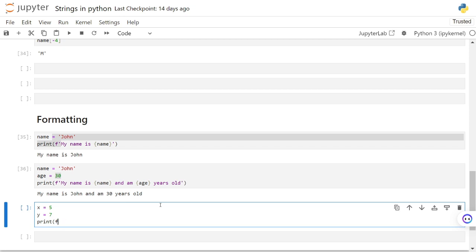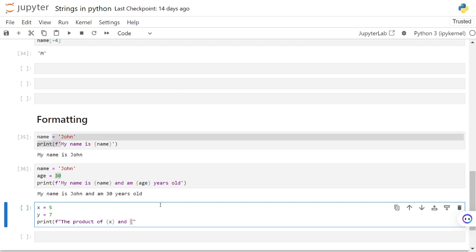All right, this time let's use a double quote, right? We'll be using single quote. So let's say the product of the product of x,